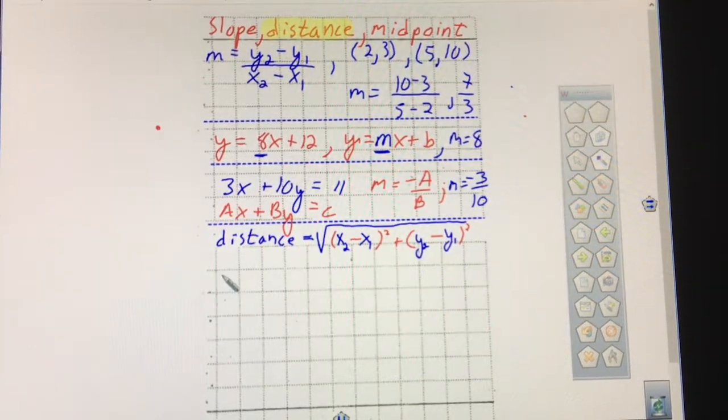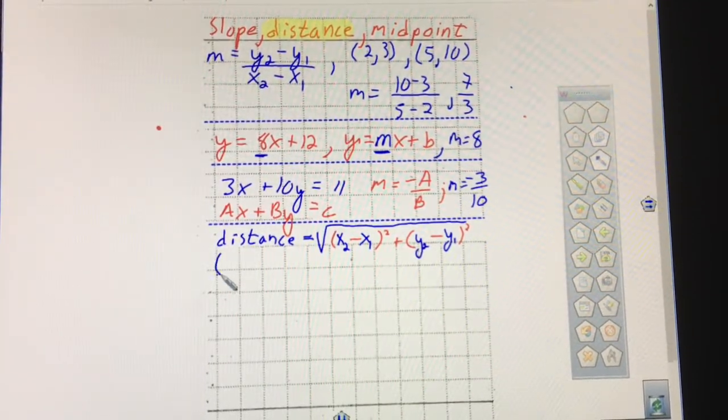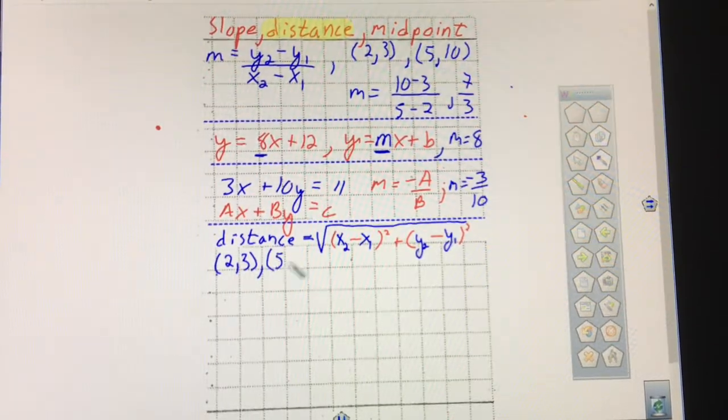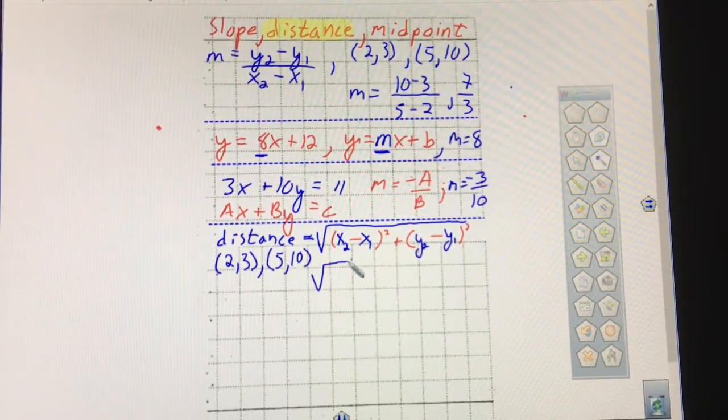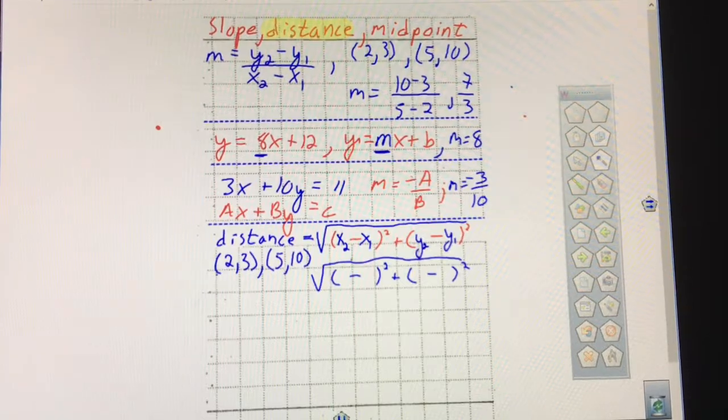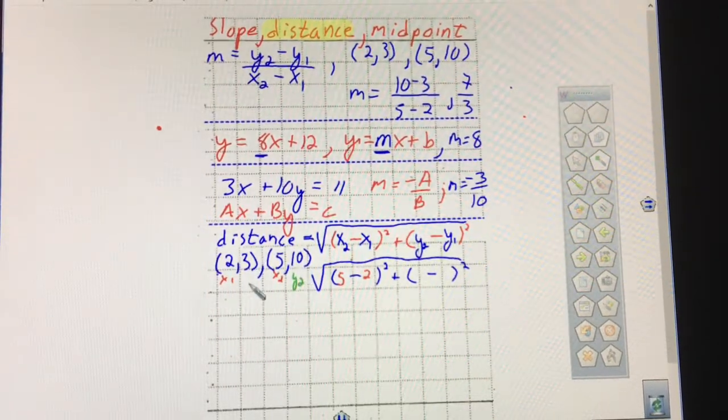Then you start to substitute in. And again, I'm going to use those coordinates 2, 3, and 5, 10. It works out nice if you're taking the test and you're allowed to have your journal out. If you have that just blank template like that, in ink, that way you can go in pencil and just pencil in the 5 and the 2, the x sub 2 minus the x sub 1,